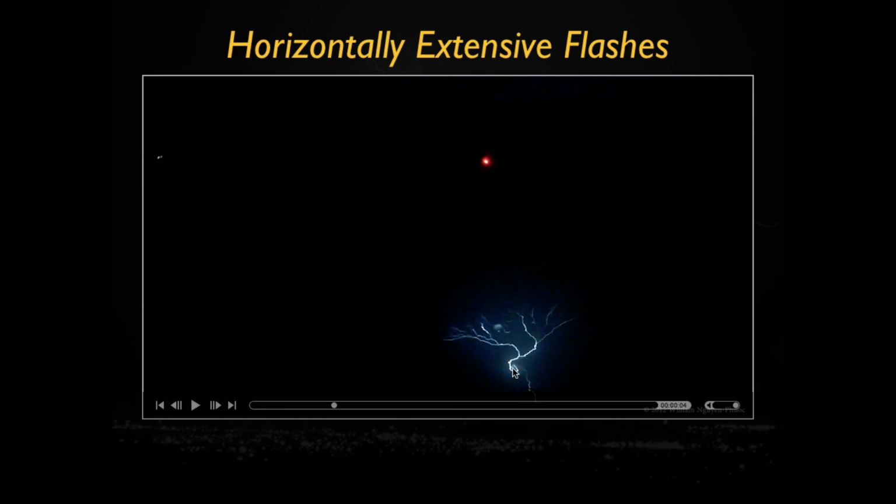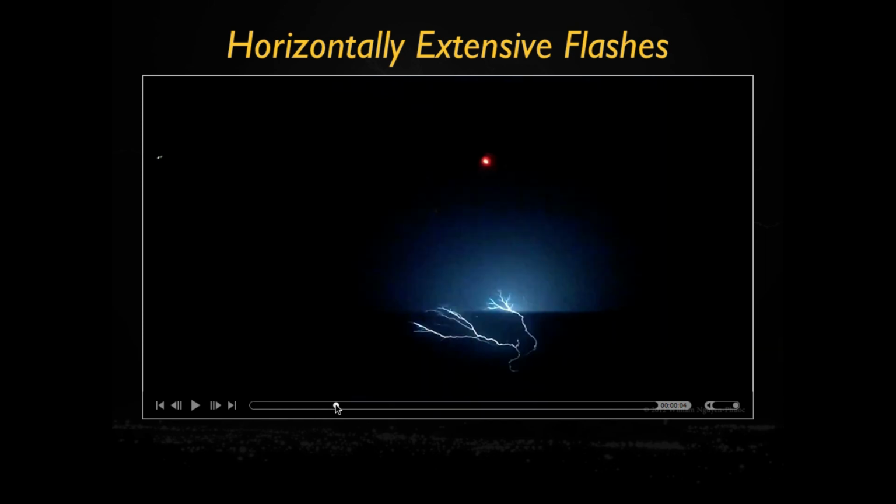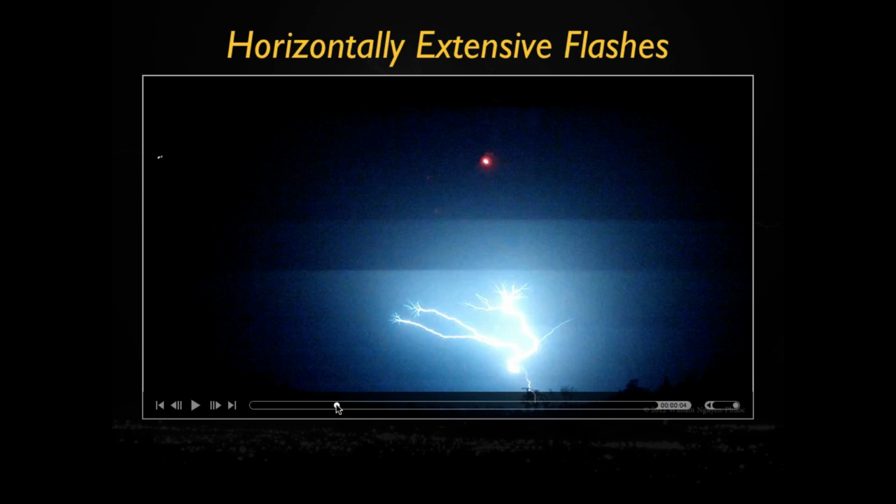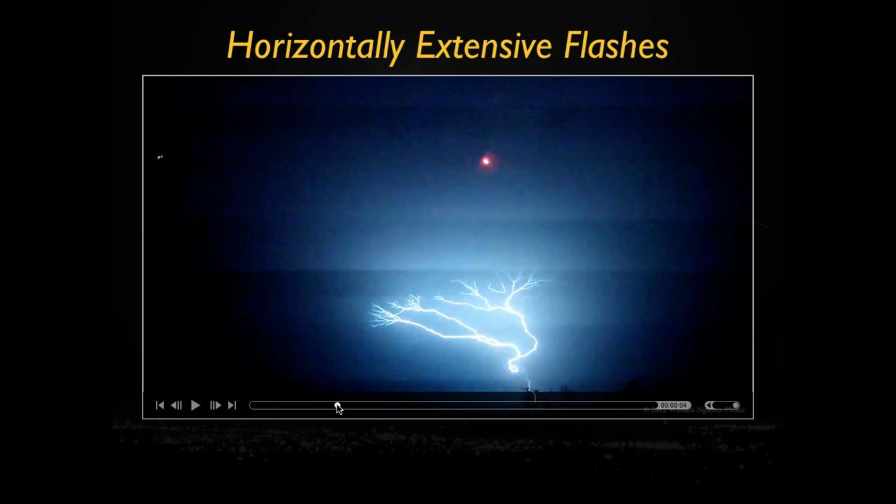The negative part of that goes to ground, forming a negative CG return stroke that's spatially separated from the positive CG return stroke. So this isn't a bipolar flash, it's a separate termination. And careful examination of this channel shows that it is spatially separated from the first return stroke. And so we get a negative CG and then a second stroke along that same channel, so multiple negative CG